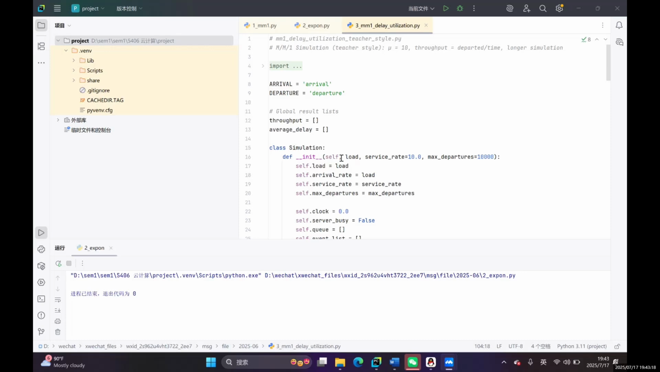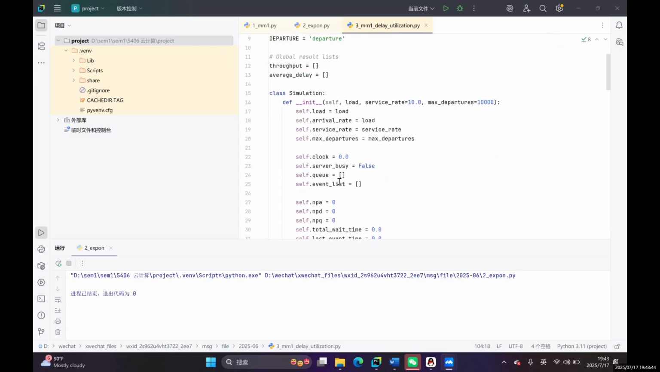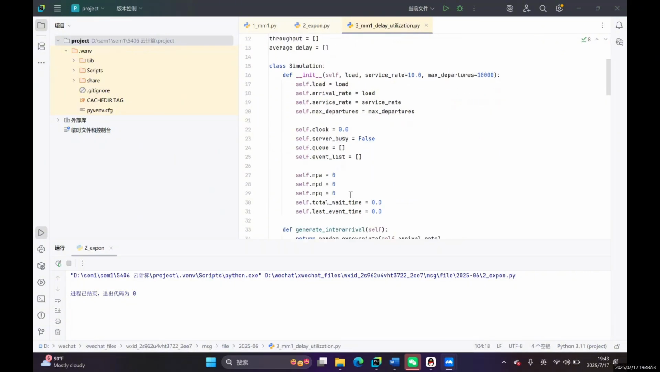And this reflects real-world scenarios like computer servers handling more user requests, network routers dealing with increasing data packets, or customer service desks under different rush hour loads. So I used a simulation class to structure the program cleanly, and it tracks queue status, counts of arrivals and departures, and also the total waiting